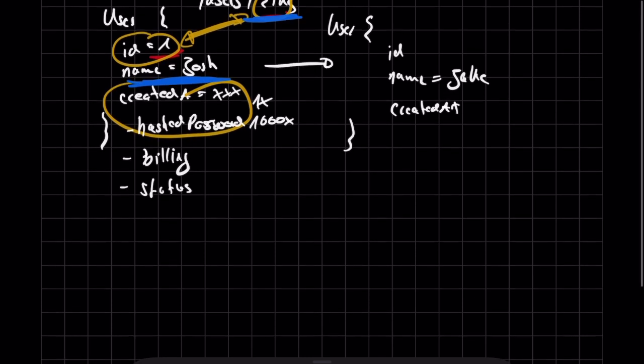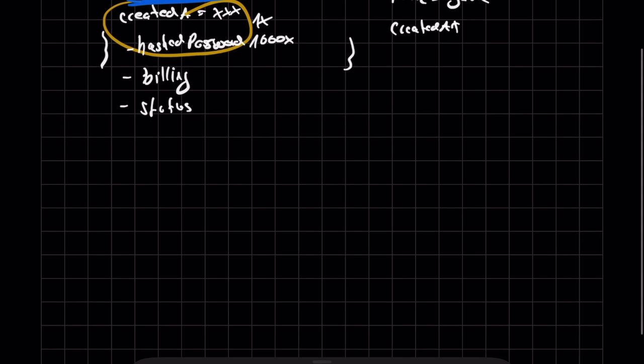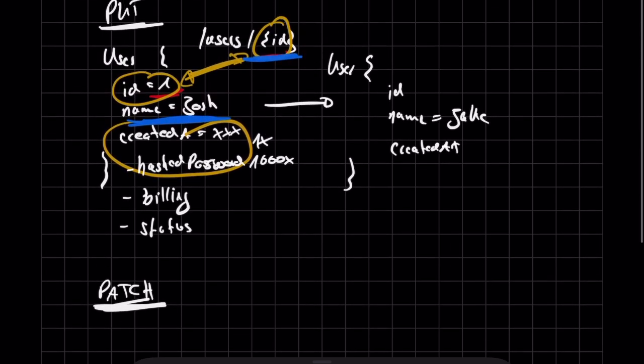And it is that sort of frustration with the spec versus what we need in the real world to perform updates to resources that has led to the creation of the patch method. So as you probably can already guess, patch methods allow us to do exactly this.